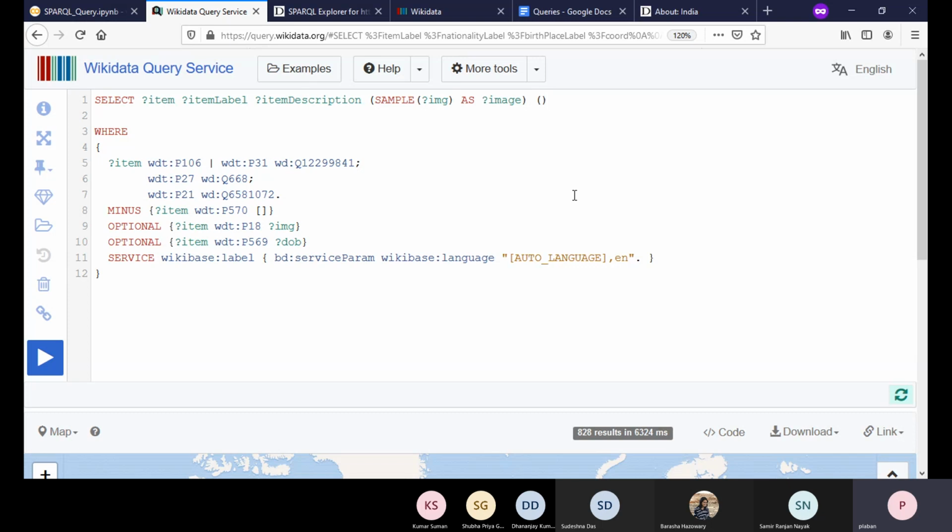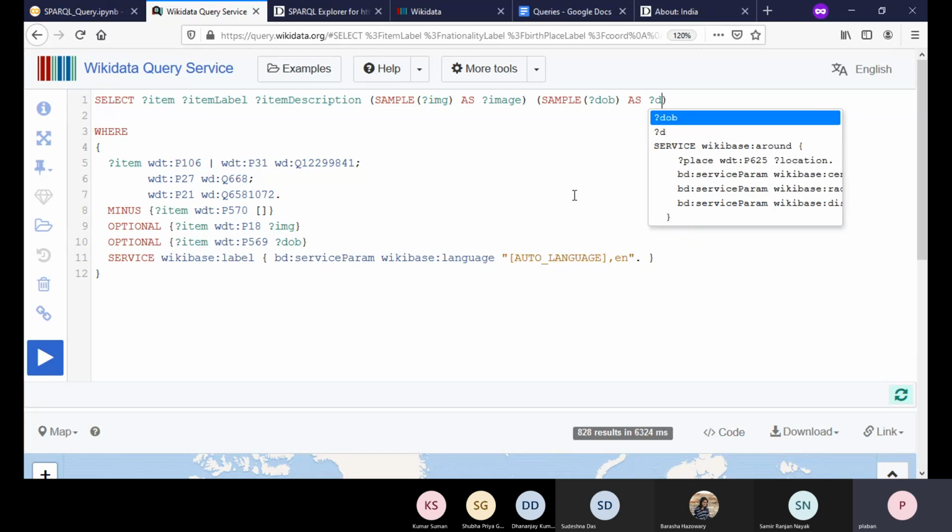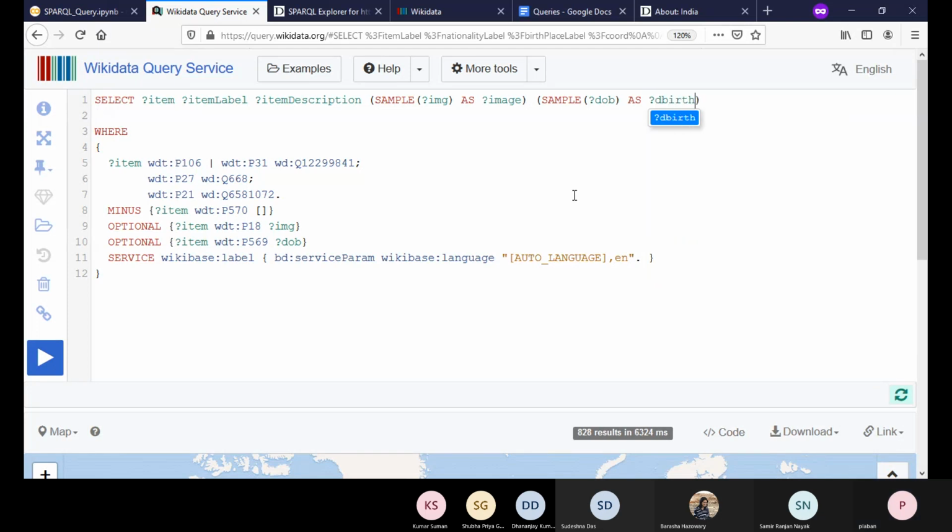Depending on the cases, you might have multiple dates of birth. I don't know if that happens or not, but we are making it a single date of birth, and we are putting it as, say, D birth. So this is the query.